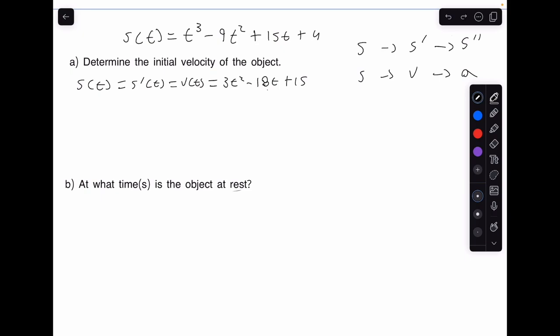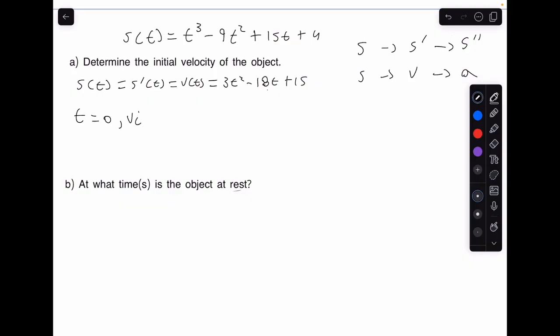The initial velocity occurs at the start of the race. When do you start timing a race? At 0 seconds. We're not going to start timing a race 2 seconds in, right? We're going to start at the initial point of velocity, which is at t equals 0. So if vi, or initial velocity, occurs at t equals 0,